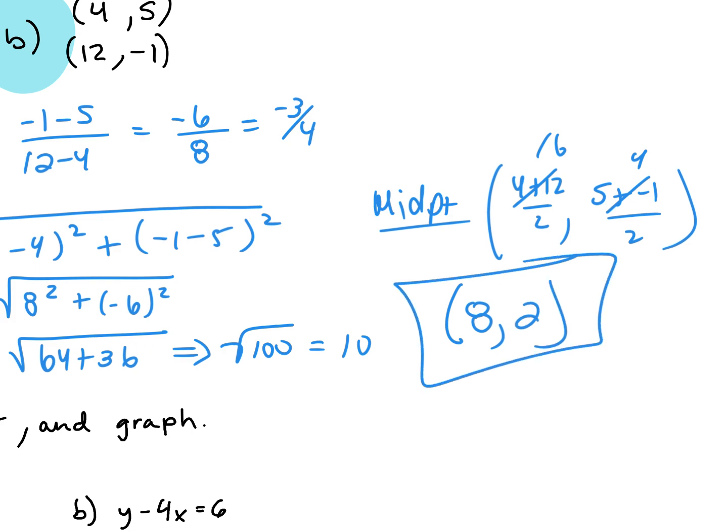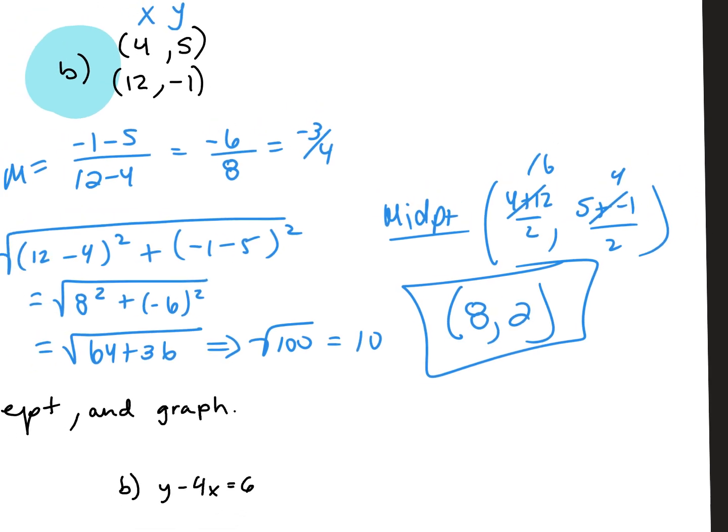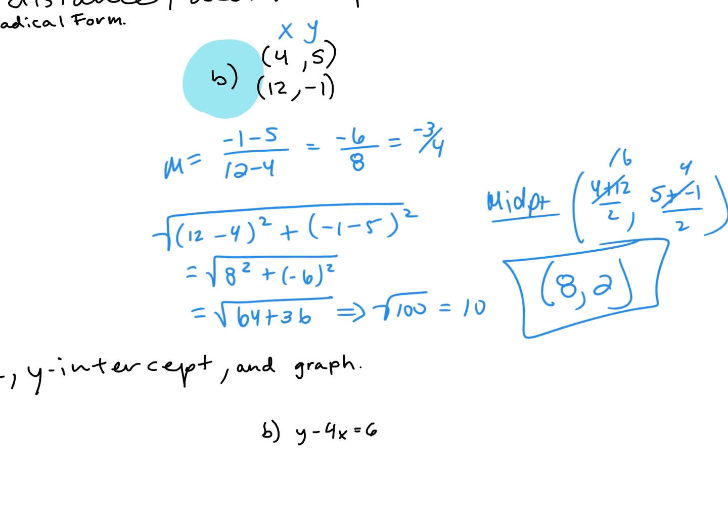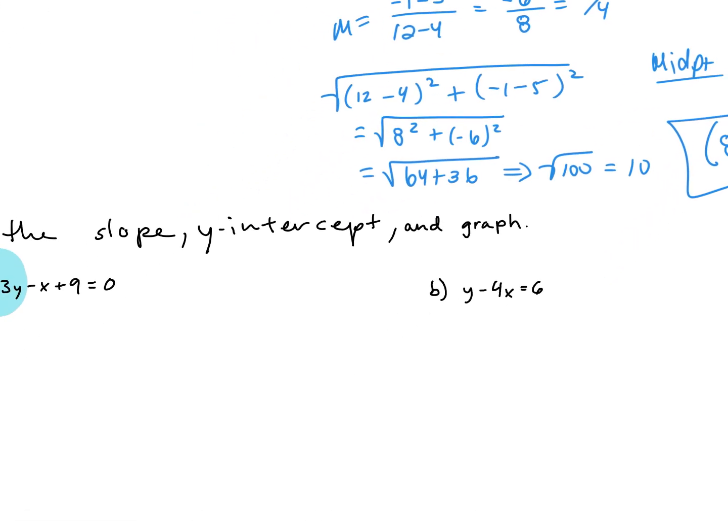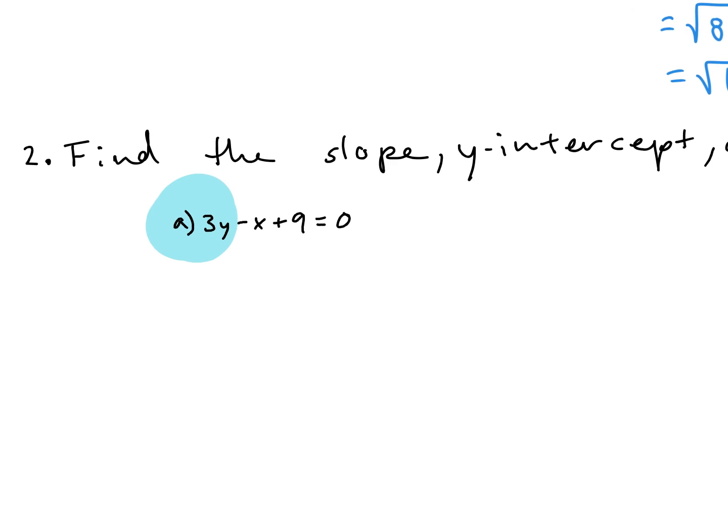Notice I put the midpoint as an ordered pair. It's a point. You need to have an x, comma, y, and parentheses. Are we submitting this anymore? Questions? All right,